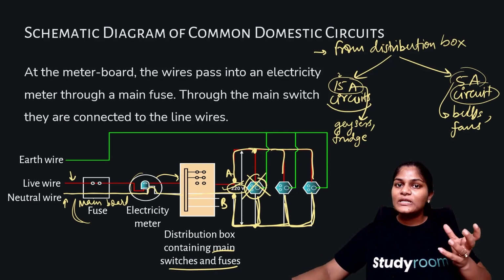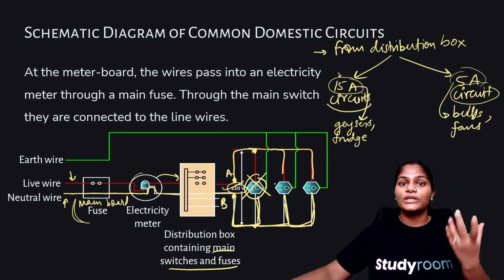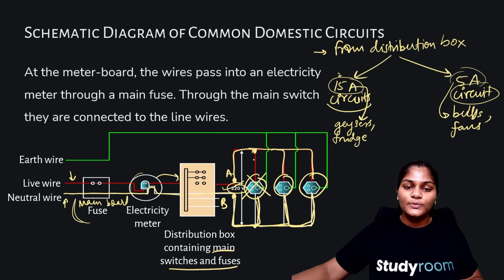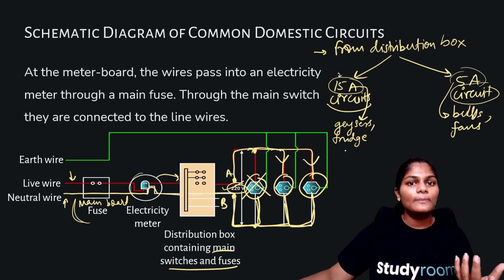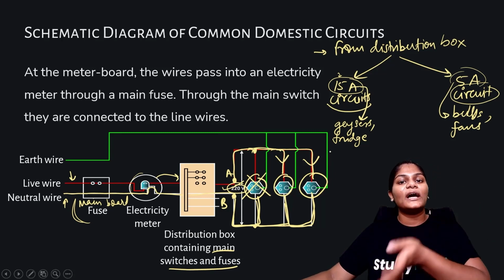It has some defect in it and it is not a part of the circuit anymore, or it is defective and it goes bad. So this would not affect the current going into the other two appliances. Why? Because the current will not flow here, but the current still has this path to flow, right? That is why we connect it in parallel, so that even if one appliance is affected or not working, all the other appliances are